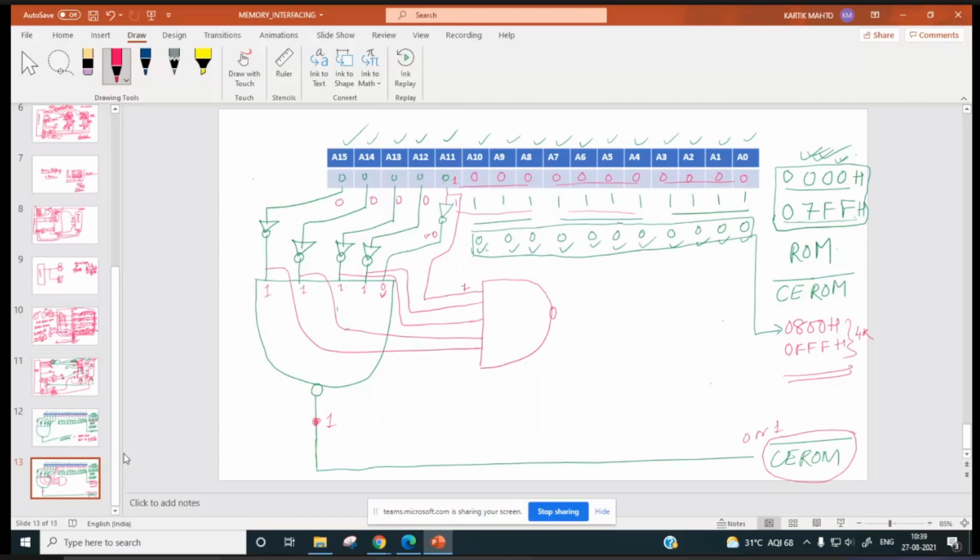So 0800H to 0FFFH onwards, 4K locations will be there.